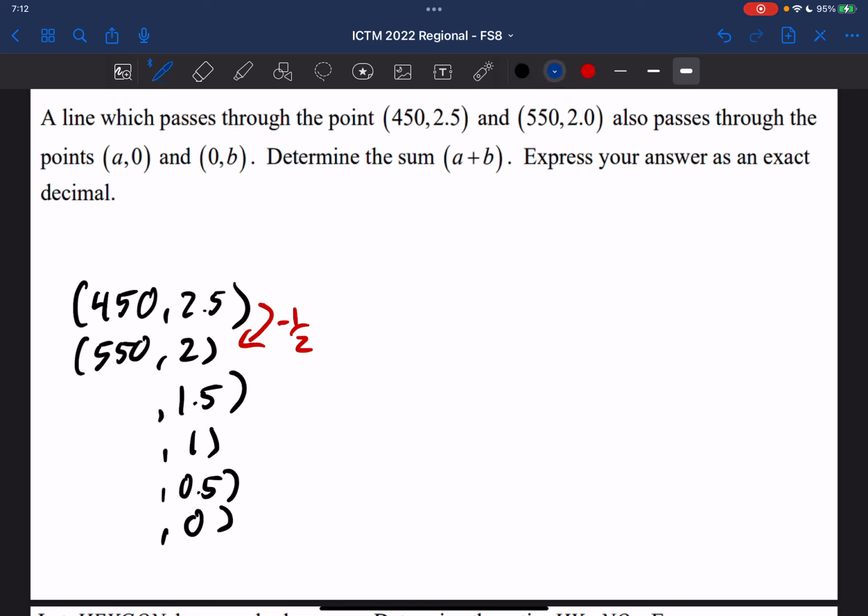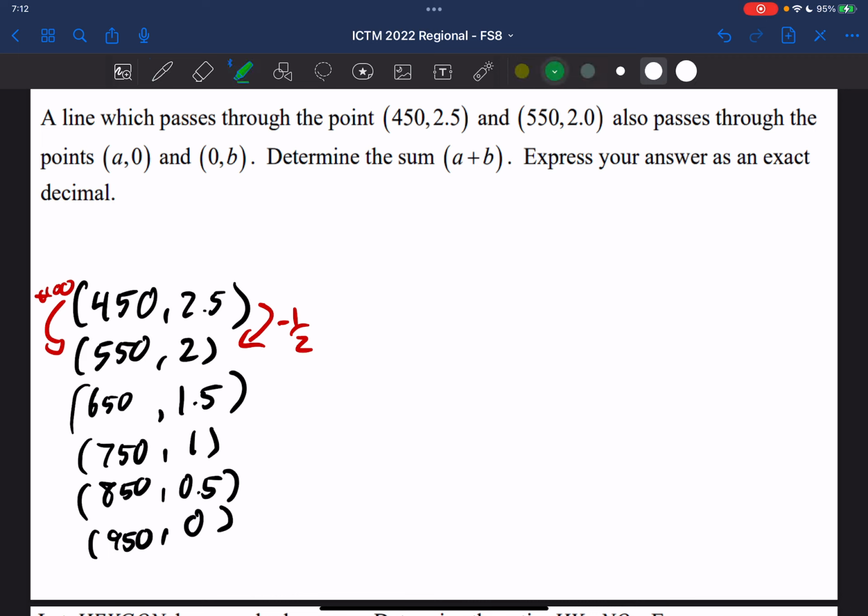Now as we do that, the x values go up by 100. So if I follow that, we get 650, we get 750, we get 850, and we get 950. So that's our value for A, right there. Now, we can also go backwards to figure out the value of B, because that's when we want the x-coordinate